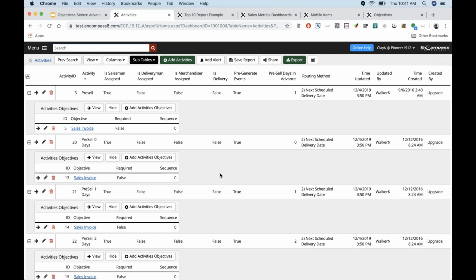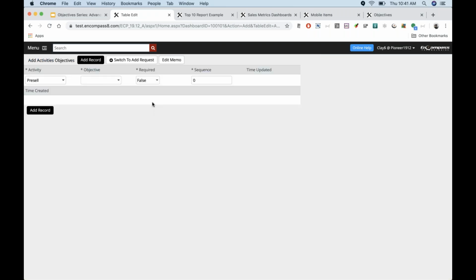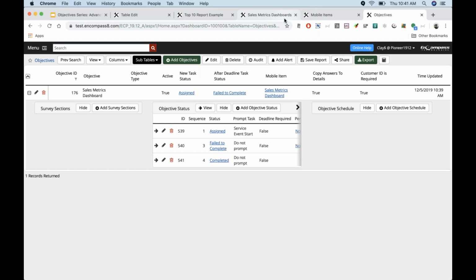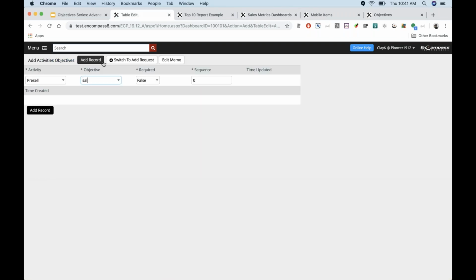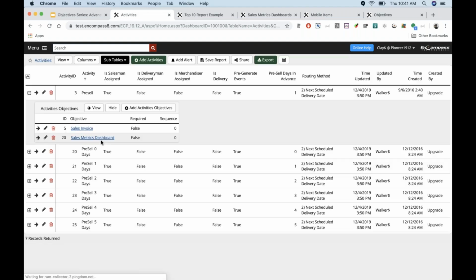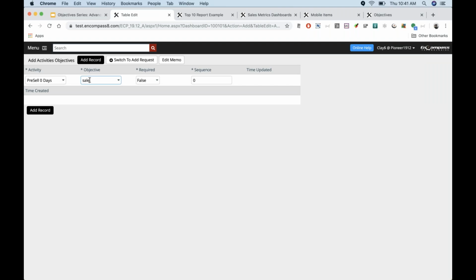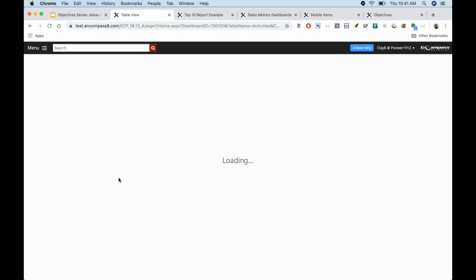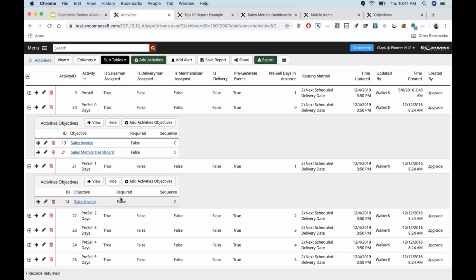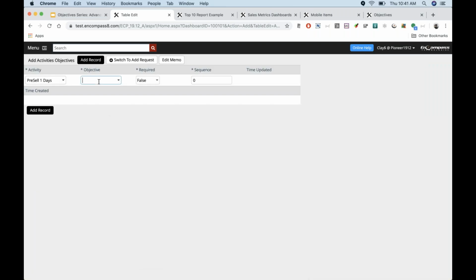So if we want them to view their dashboard first, let's get to work, right? What we have to do is say, okay, for this one, I want them to view their sales metric dashboard. Okay. Bear with me, I'm just going to go ahead and add it for all of them.